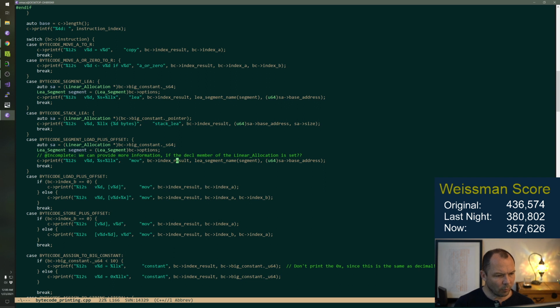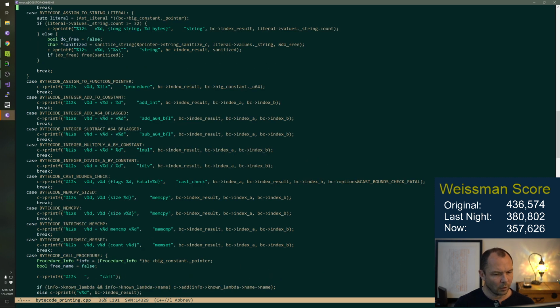But in the meantime, we want to draw this as a move, and then there, SA owning segment, lee segment index.